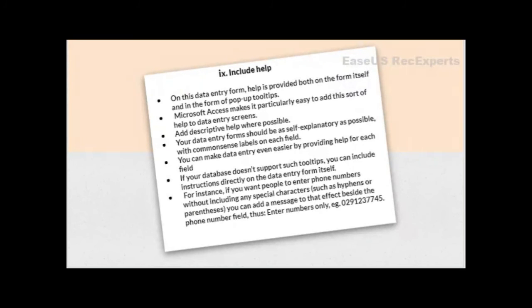Next is include help. Sometimes we need help during the filling of the form. We actually get confused about what we have to fill in this one. So for the data entry form, help should be provided, for example when we fill in the roll number. In our college also, we are provided in brackets: enter your roll number in IT 2K19 and XXX. So what we see, we identify that, even if we don't read the roll number part, we automatically know that we have to fill in the roll number here.